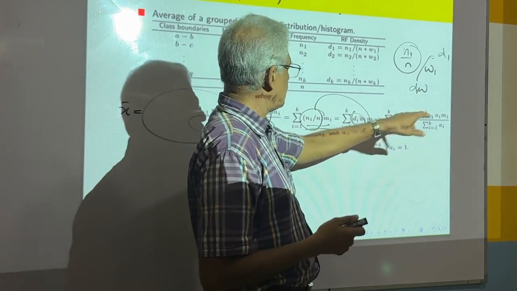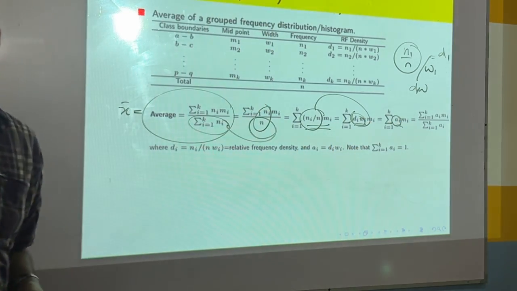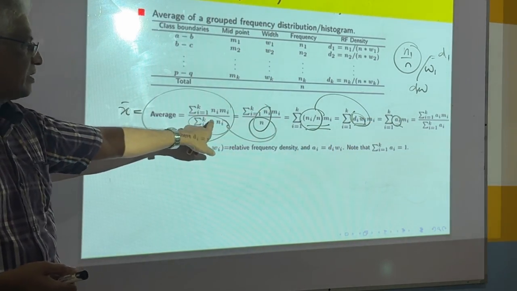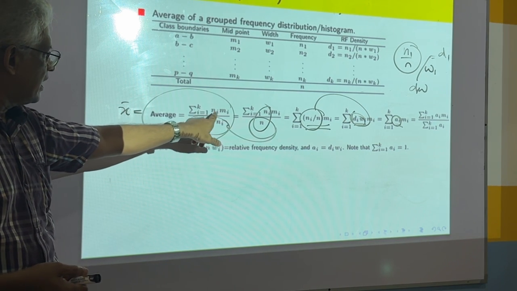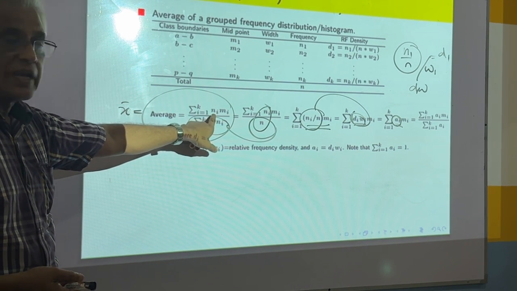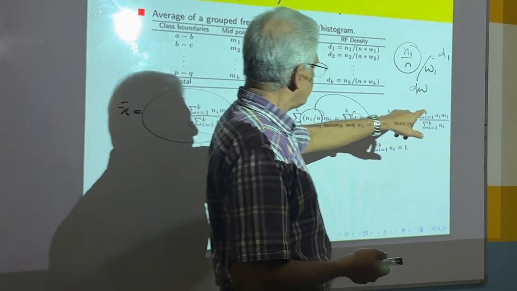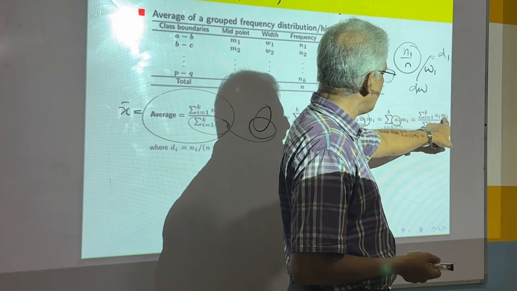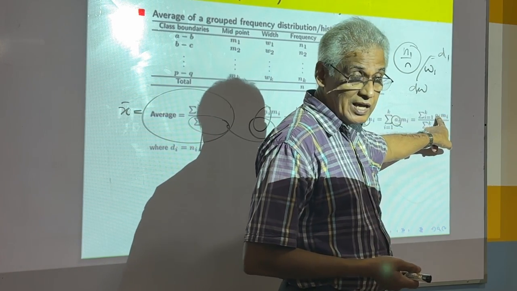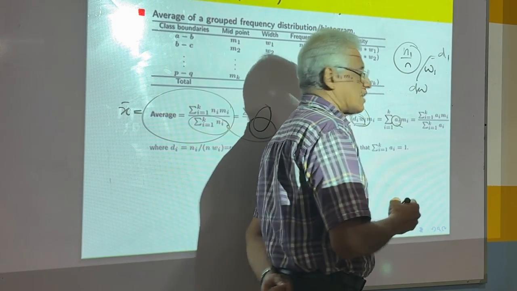And then once you come to this place, I can show that that is again a weighted average. This is a weighted average at the beginning, where the weights are ni values and the values are mi values. Here, the values are mi values and the weights are ai values. Right? And we know that sum of ai,